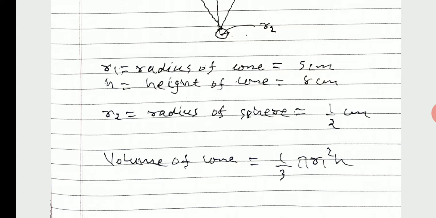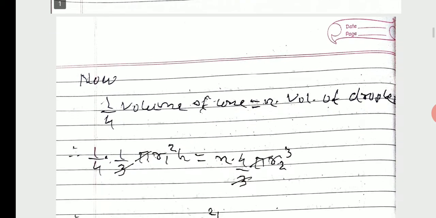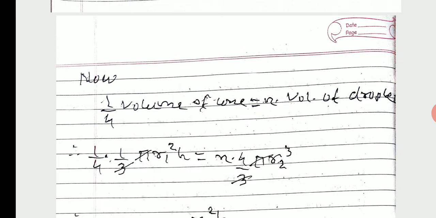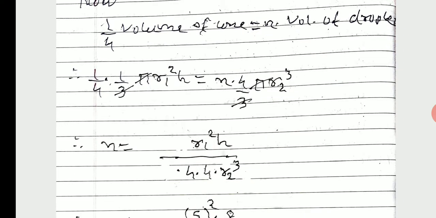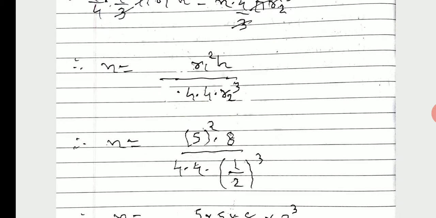Now volume of cone is 1/3 pi R1 square H. Now 1/4 volume of cone equals n times volume of droplet. It will be 1/4 into 1/3 pi R1 square H equals n into 4/3 pi R2 cube. Now cancelling on both sides pi and 3, let us write down formula for n. It will be R1 square H upon 4 into R2 cube,